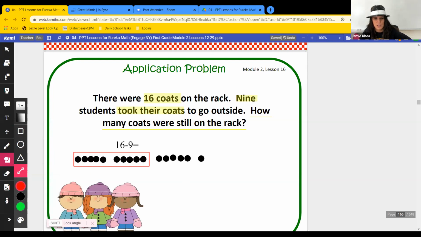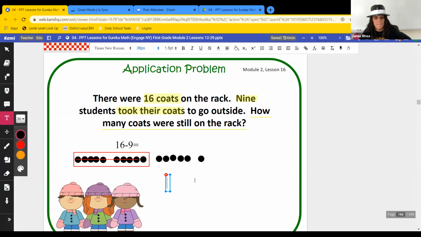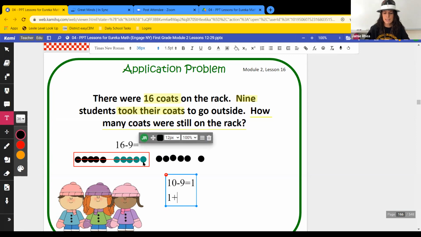So I'm going to do it all in one swoop. Ready? You gotta make the sounds too. It helps remember. Okay, so now I'm left with 1 in my box and 6 outside my box. So I'm gonna write, we had 10, we took 9 away, and that gave us 1. We now have 1 inside the box plus the 6 outside the box equals